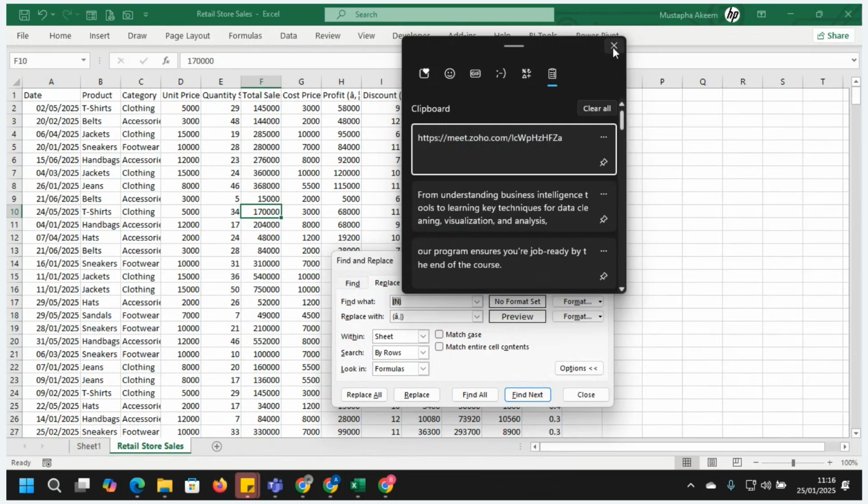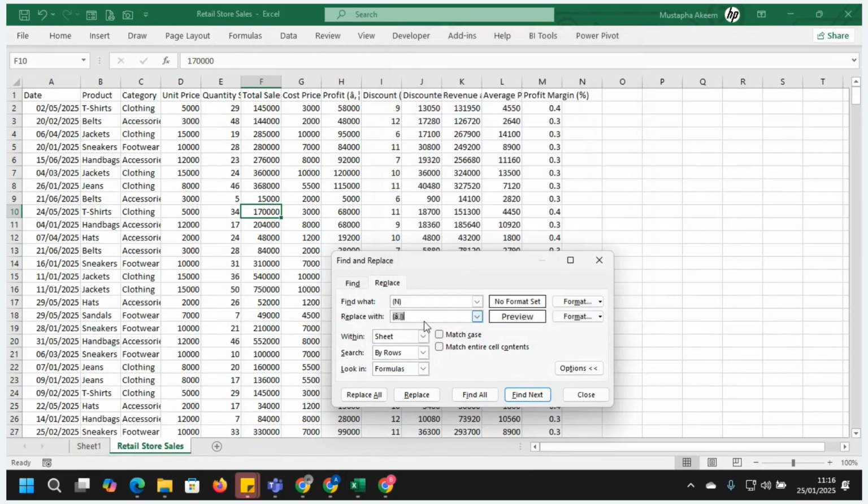Let me copy this to see. Put it here, wherever you see this, Ctrl V. I use Ctrl H to open this dialog box, and we use N here. Wherever you see this, you can replace it with N. I will just click on Replace All.